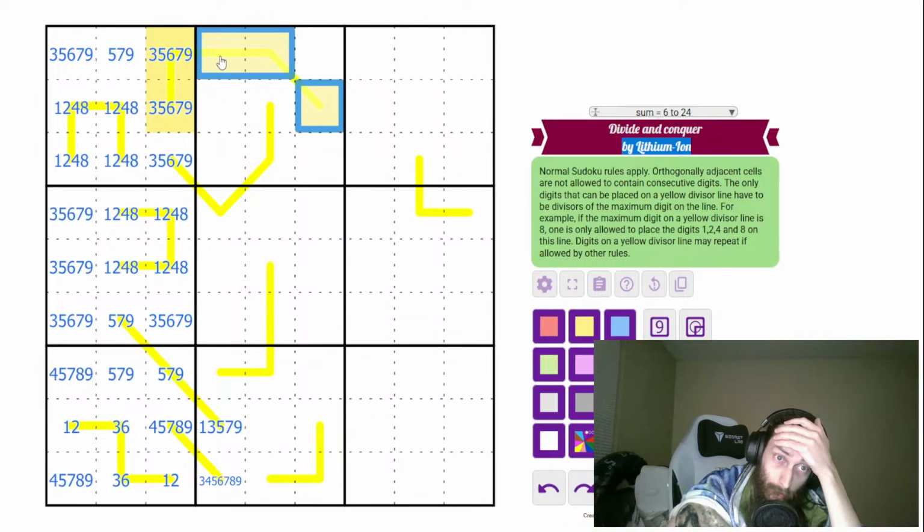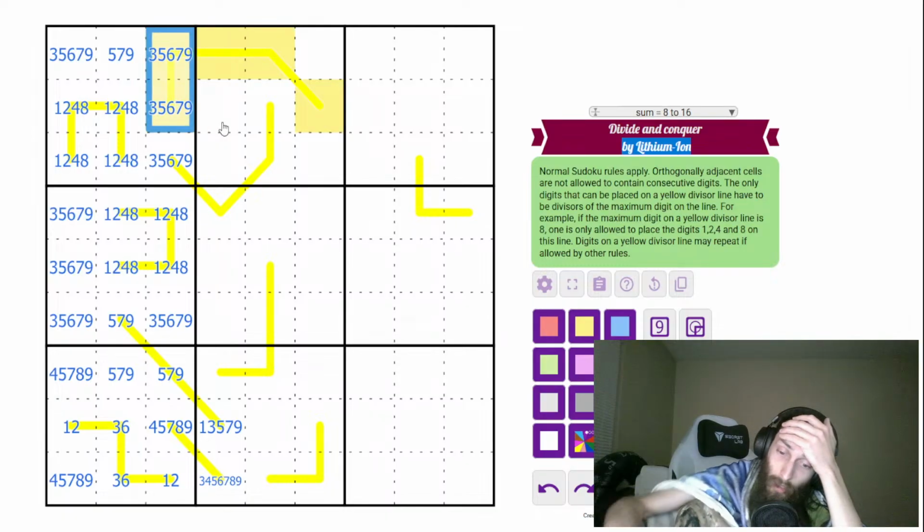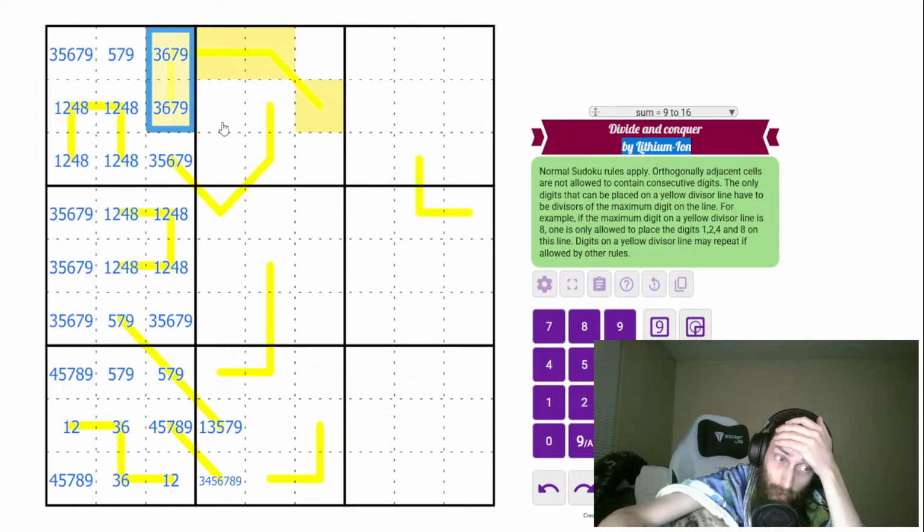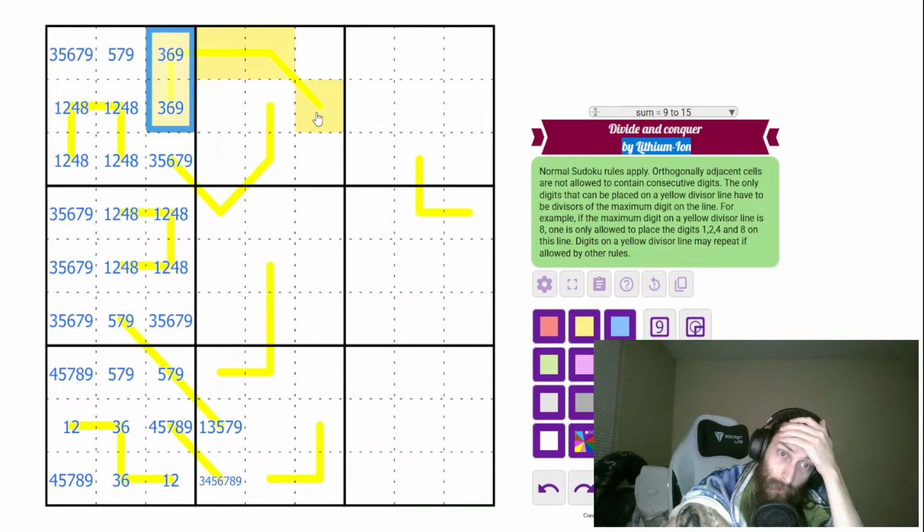Right. It's going to have to be 9. Yeah. So we cannot use 5 because it would only be 5 and 1, and the same with 7. It could only be 1 and 7. 9 only has 1, 3, and 9. So I could do 1, 3, 9 with the 9 here and a 3 here. Yeah. And a 3 there. So it'd be 3, 9, and 1,